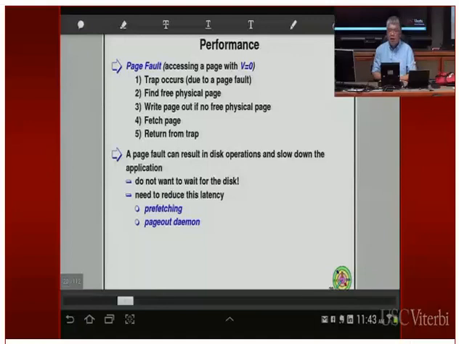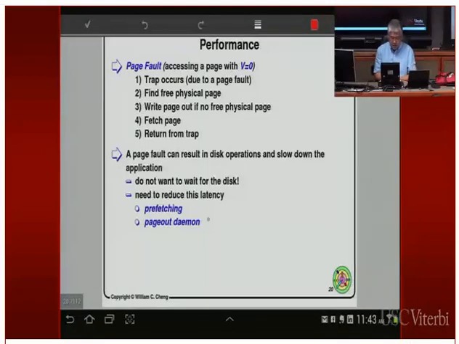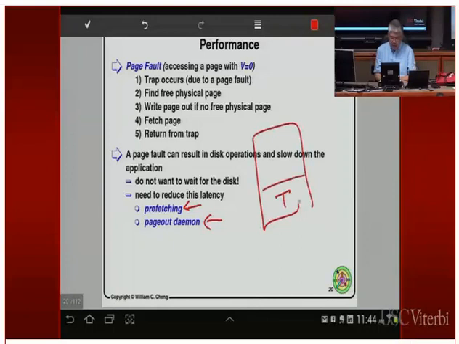All right, so that's about the replacement policy. To reduce this latency, one way, which doesn't really help that much, is to do prefetching. If you are accessing the disk and you go to the text segment, let's say there are 8 pages there. When you fetch the first page in the text segment, why don't I bring in the other pages? Because I know I'm going to start executing my code, and sooner or later I'm going to need those pages. So this is called prefetching.